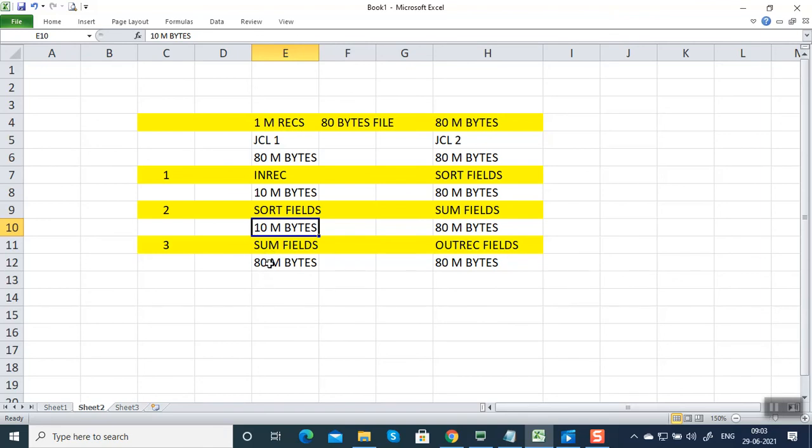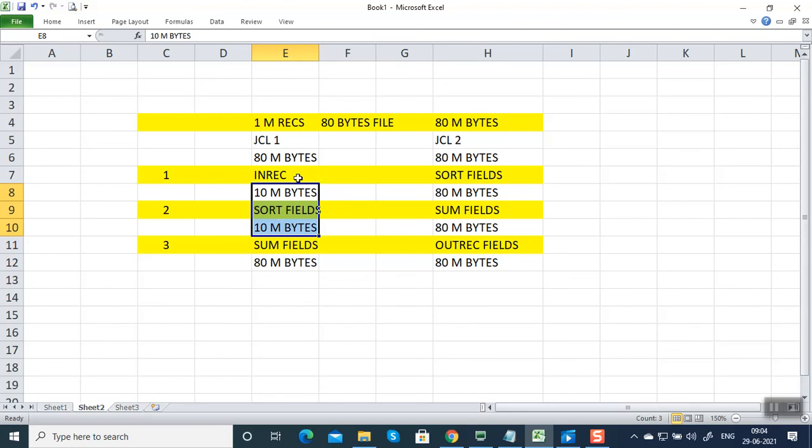Suppose you add a space at the end. Okay, or you can retain as 10 million bytes. It's up to you. If you want to retain as 10 million bytes, you can retain. If you want to add a space at the end, it is still going to change to 80 million bytes. But you can see the difference here. The amount of storage required is less. Performance also will be more. If the number of records or number of bytes are less, the speed also will increase.